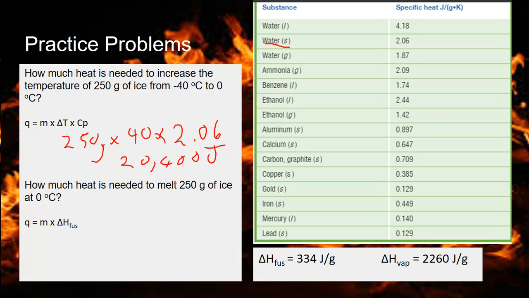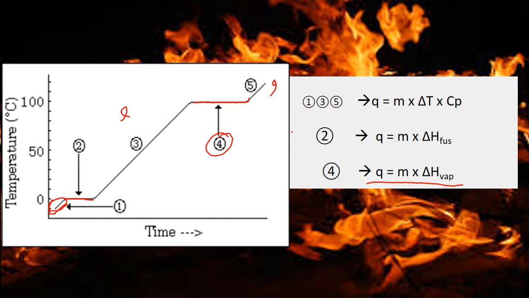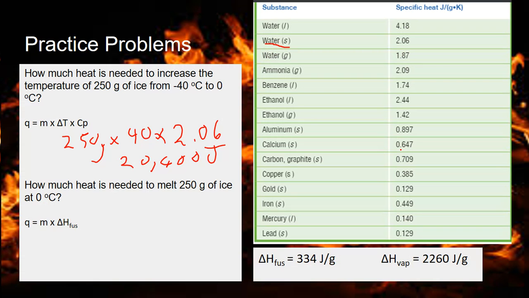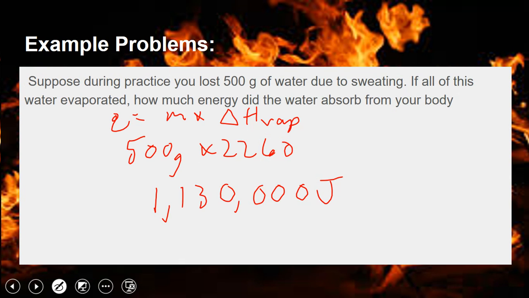All right, so now how much heat is needed if that same ice is melting at 0 degrees? If you're melting ice, you're doing a phase change. So you're looking at one of these two flat parts, and solid to liquid is this line here, line number 2. So we're going to need our heat of fusion. The heat is equal to the mass times the heat of fusion. So in this case, 250 grams times the heat of fusion, which is